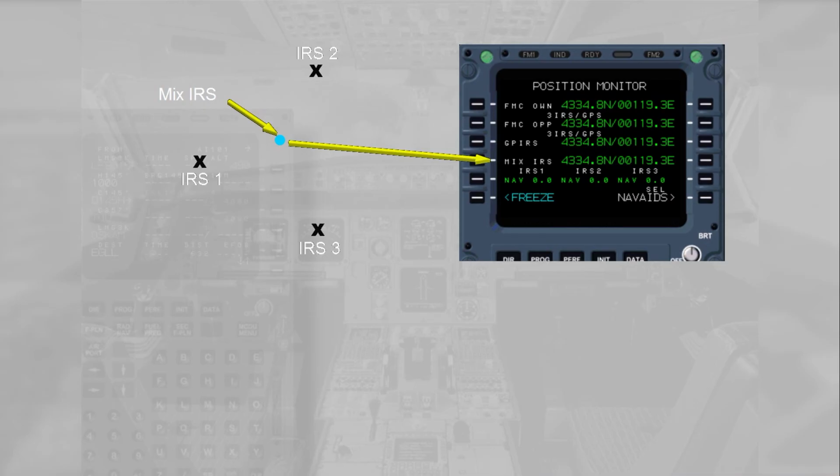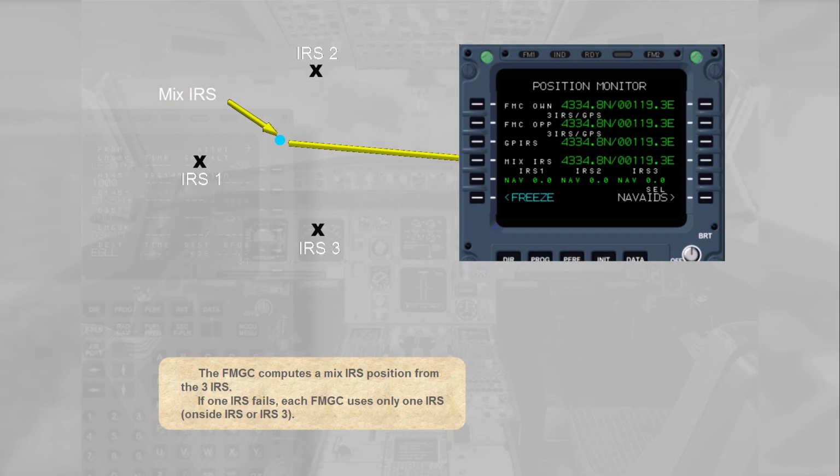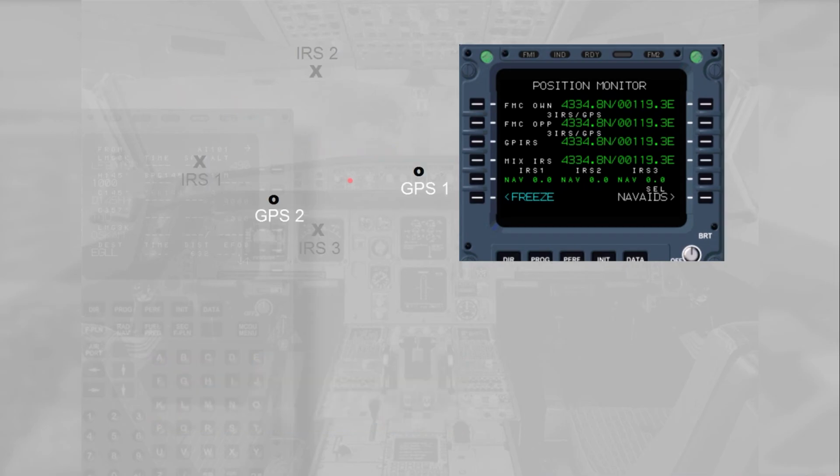The FMGC computes a mix IRS position from the three IRSs. If one IRS fails, each FMGC uses only one IRS, onside IRS or IRS-3. Each IRS computes a hybrid position that is a mix IRS GPS position, called GPIRS. Only one of the three GPIRS positions is selected by the system, according to its figure of merit and priority